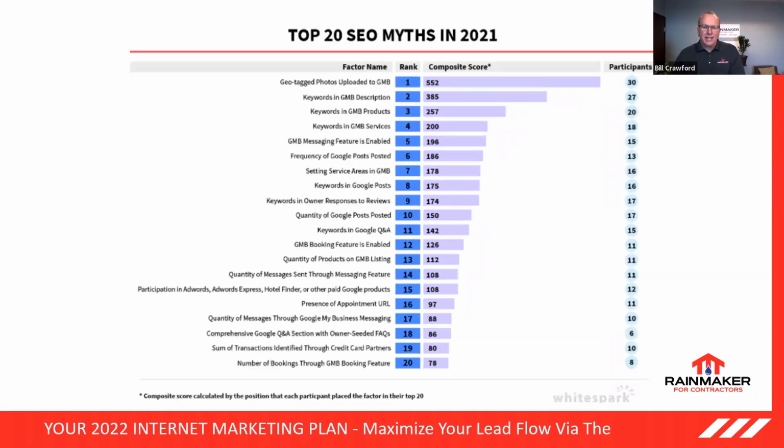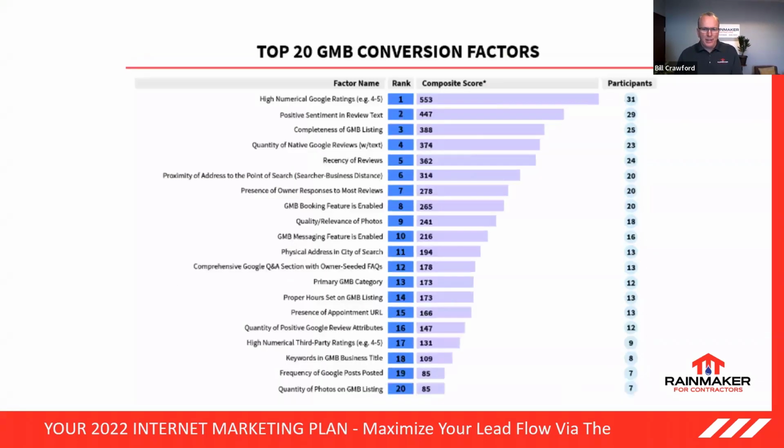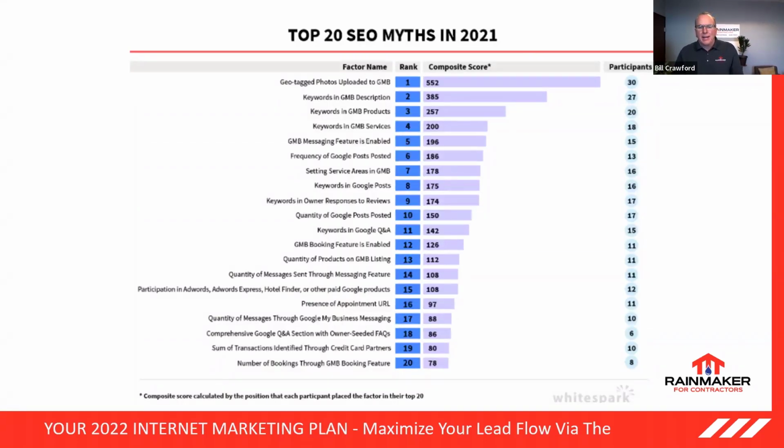All right, this is kind of fun. Top 20 SEO myths. I'm only going to cover a few of them. Let's see what we got. All right, so some people think if you tag the photo, I think that maybe that used to work well. So tagging photos and uploading them to your Google My Business. One thing I will say about photos, though, you should have at least 40 photos on your Google My Business